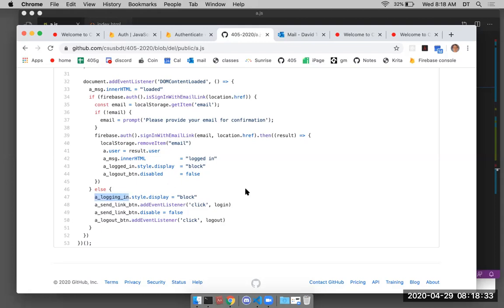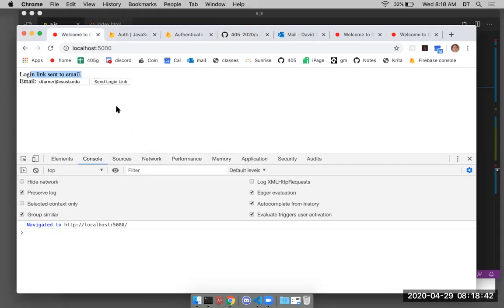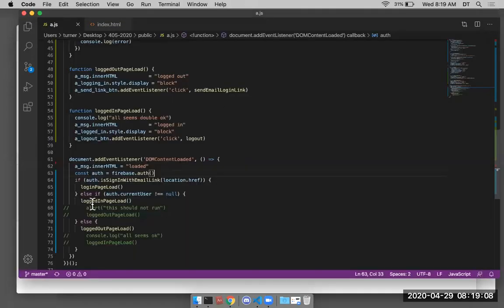So I'm doing the code differently this time. I cannot get that figured out. See, the problem I'm trying to solve is when you reload the page, there is a current user, Firebase, but maybe it's not logged in. Is that what it is? No, because this comes up not null here. So this comes up,